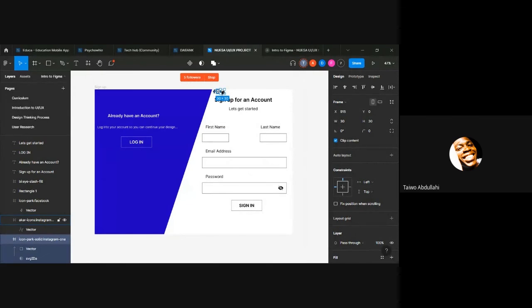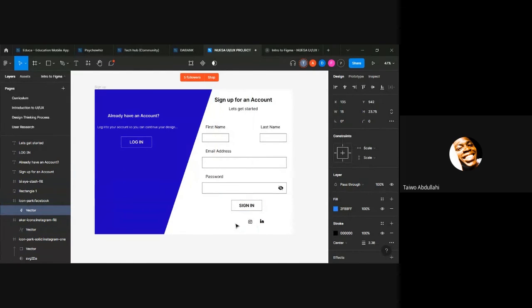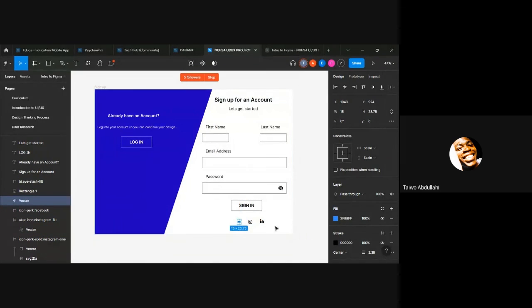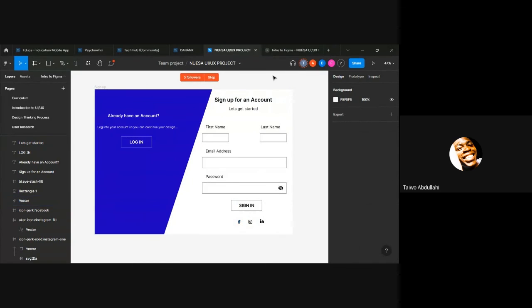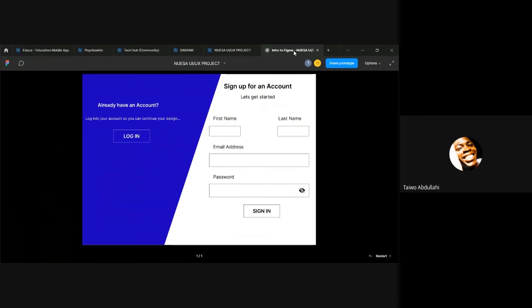So I always find it at the top, or sometimes they can even make it bigger. Just make sure you are careful with what you are doing. You bring it down here. Bring it down here also. Bring it down here also. So we have our